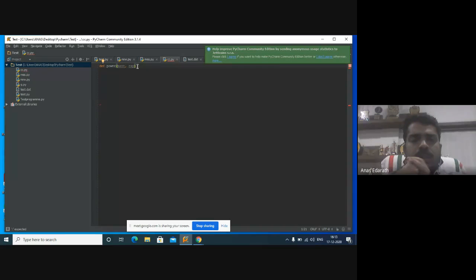That 3 is called mantissa. Suppose we are considering 3 square, then that 3 is mantissa and that 2 is called exponent. Suppose we are considering 5 raised to 8. 5 is mantissa and 8 is exponent. Usually, someone may not be from a mathematics background, that's why I explained. Then here I have defined one function with the name power, and